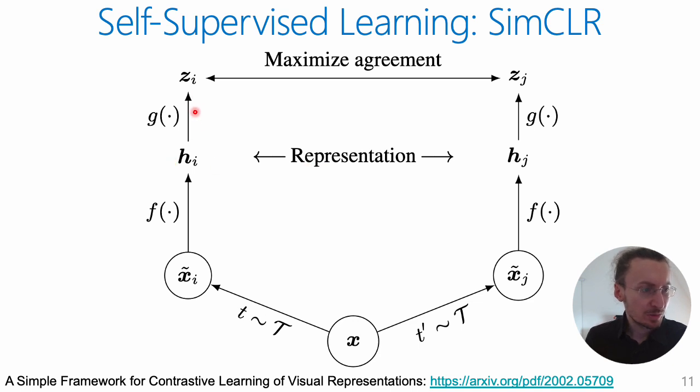Once we have the representations, they also go through a so-called projection head. This is usually a small neural network, usually a one or two-layer network with some nonlinearity in the middle, to obtain these representations z sub i, which are also called projection head outputs. And then we maximize agreement between these two representations. What we want to achieve is that these two augmented views of the same image should have the same meaning, and then we want these representations for this image to be roughly the same.